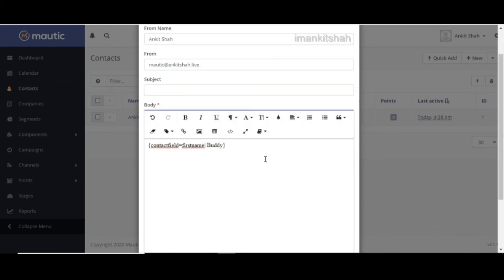One more pro tip is that before sending any email campaign, you have to send a test email so you can verify all the merge tags are properly merged with the email body or not. Also, I have mentioned all the required merge field tags in the video description, so you can directly copy merge tags from there.